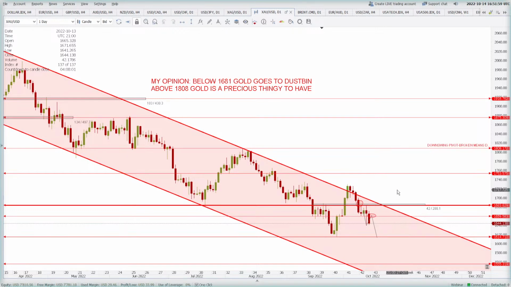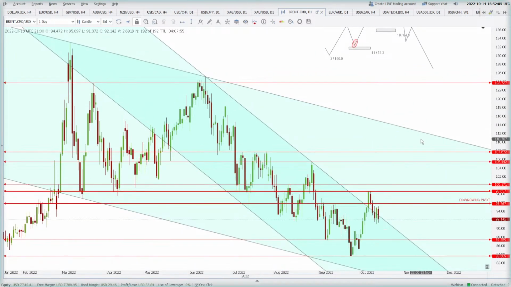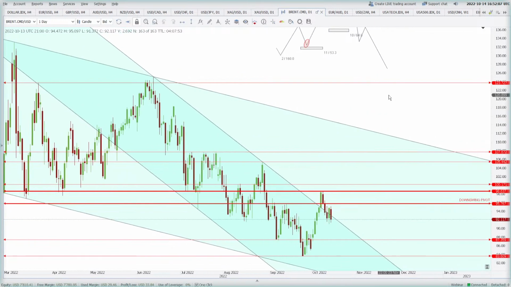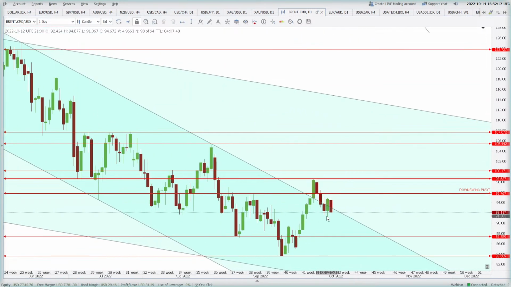All right, Brent. I think today we will finish faster because there is nothing much to talk about, and also because this is the weekend, price is not moving much and it is just giving us inside bars. On this one here, the price tried to find some support around 92 levels and gave us a bullish pin bar yesterday,